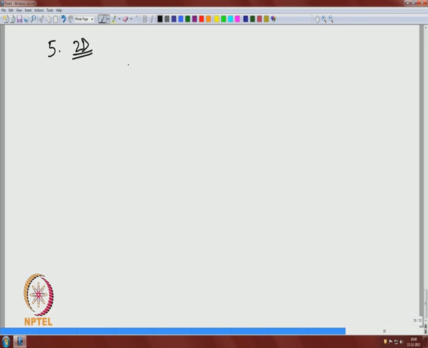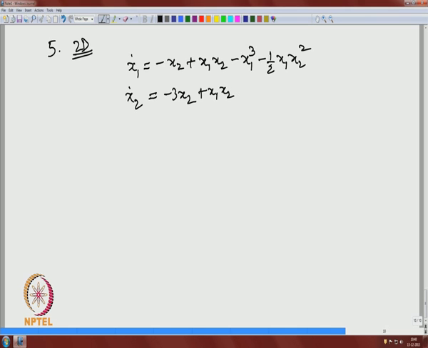So, let us consider this system: x1 dot is equal to minus x2 plus x1 x2 minus x1 cube minus half x1 x2 square, and x2 dot is minus 3 x2 plus x1 x2 plus x1 square x2 minus half x1 x2 square. Okay. So, (0,0) is certainly an equilibrium point,